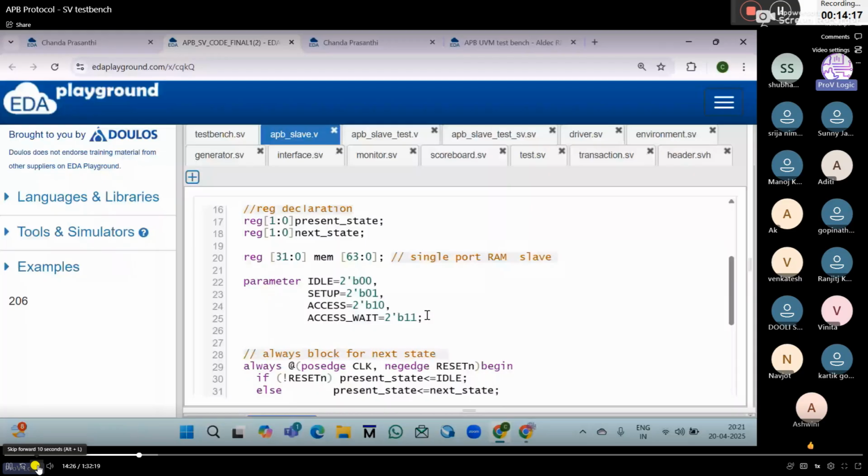So what is the use of parameter? Just to assign the constant value. So whenever the value requirement is there, we can directly write the string name here. Okay, so next,